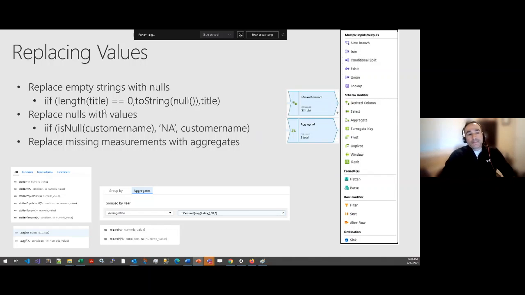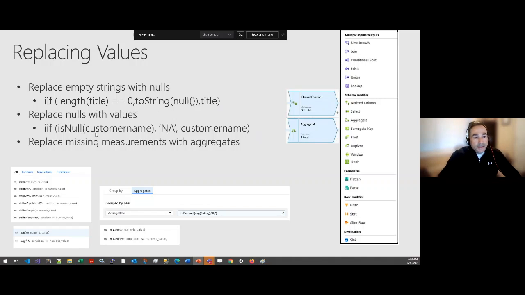This is saying, by the way, I always love the formula languages that we use where it says if. So this is actually, I think, pronounced iif. Anyway, so if the length of title is 0, then we're going to convert that to a null. So when this lands inside of, let's say, your Synapse SQL pools, now it's going to have a null value in there. Or you could just leave it as such. Maybe change the toString null to be an empty quote, or an NA, like I'm doing down here,